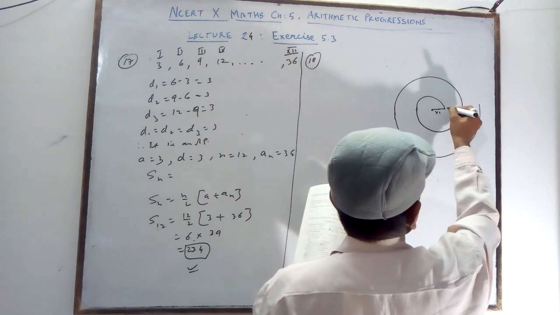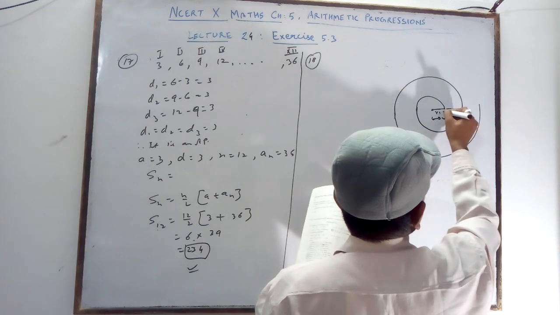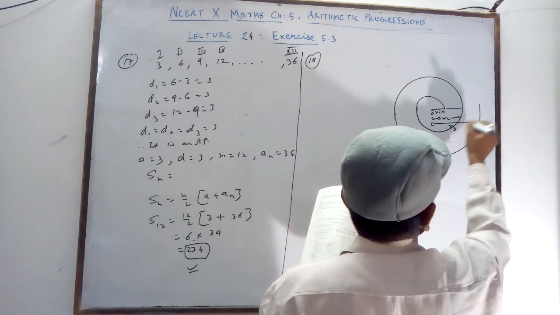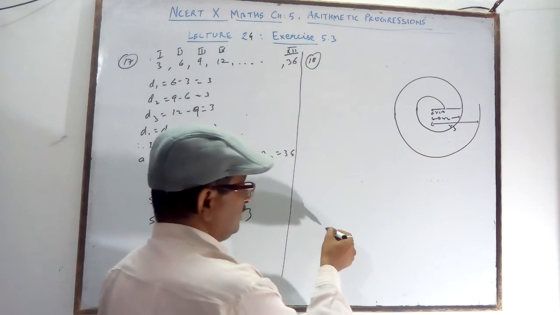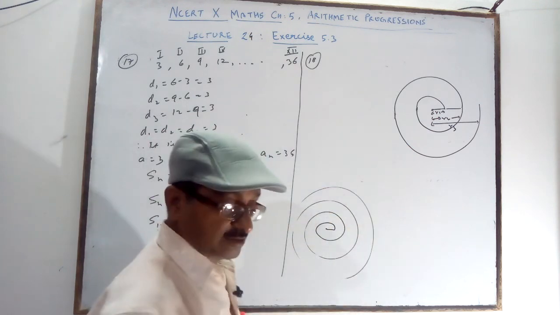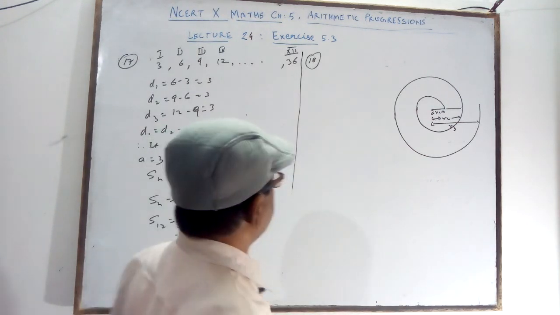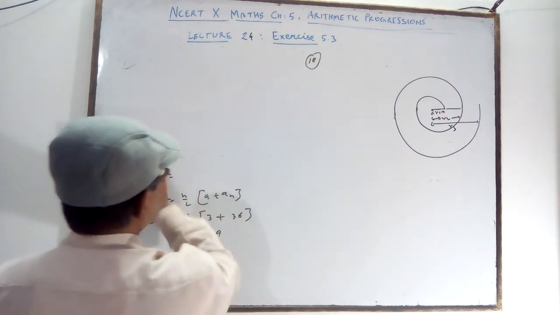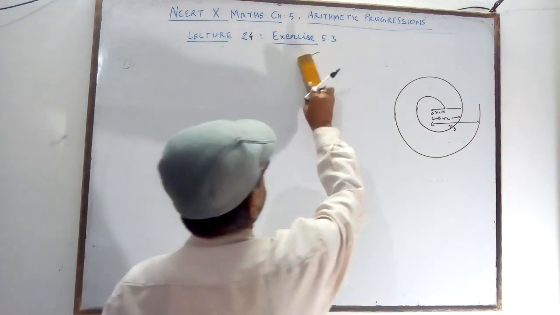If it is R1 and then R2, here it is R1 and this one is R3, and so on. This is called a spiral. A spiral is spring type. From one place you take one radius and keep increasing, then you will get the spiral. It is your spiral form. So you are getting a spiral here which has some very important things given, in question number 18.